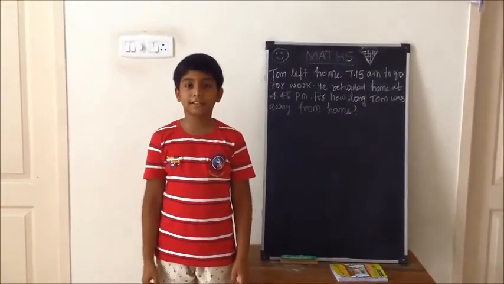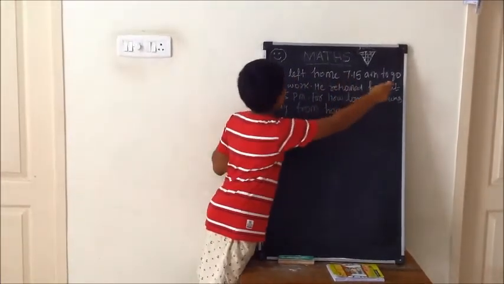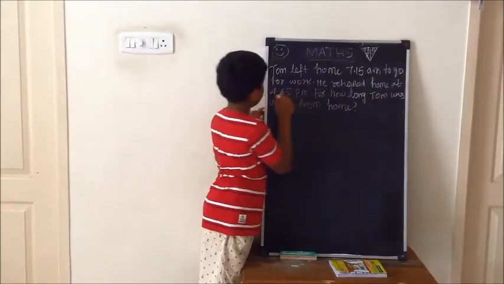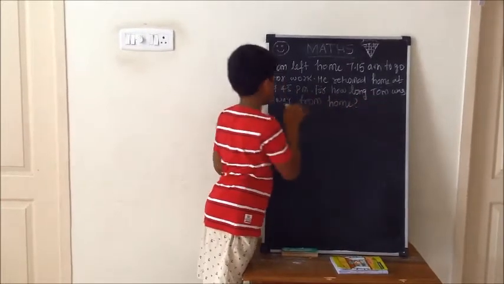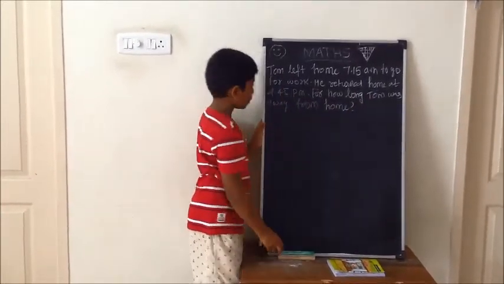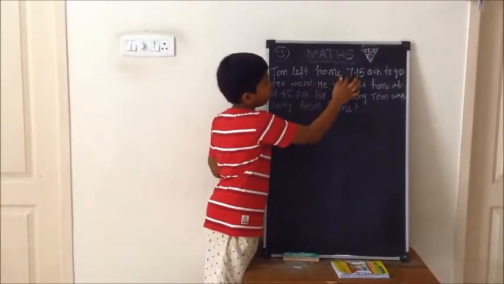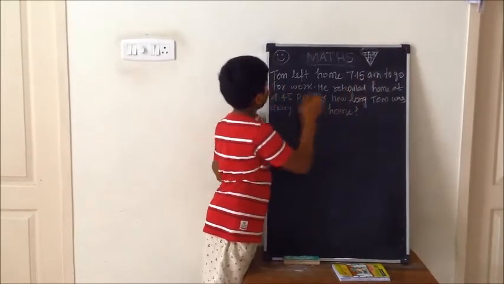The last question is, Tom left home at 7:15 a.m. to go for work. He returned home at 4:45 p.m. For how long was Tom away from home? Tom left home to go to the office at 7:15 a.m. and